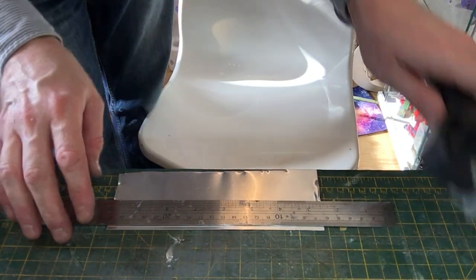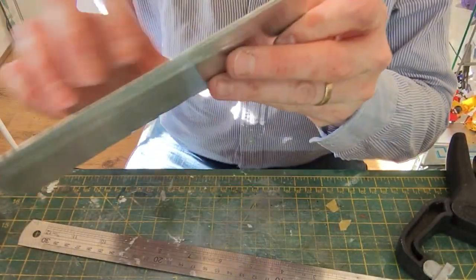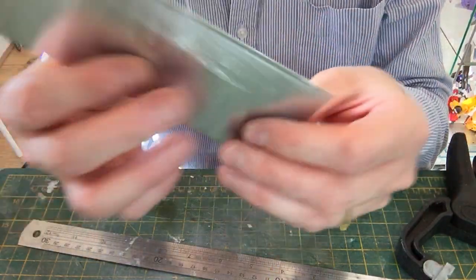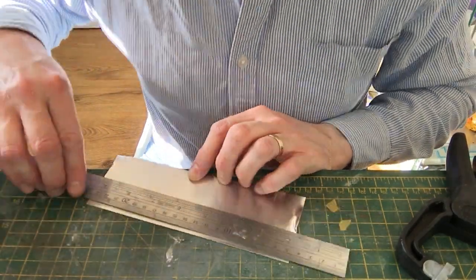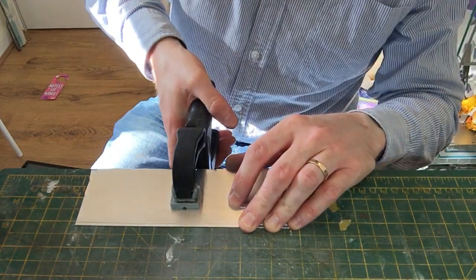Then clamp it. You might be able to see, has it come through yet? It's very hard to see. There's a faint line on the back, and there's that line there. So I might do that a bit more. In fact, I don't think I need the steel rule now. Let's just